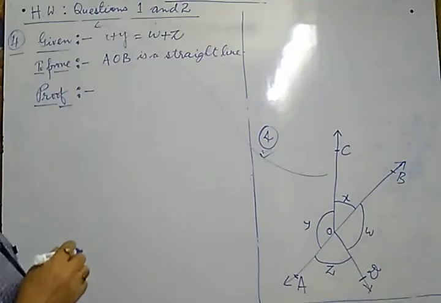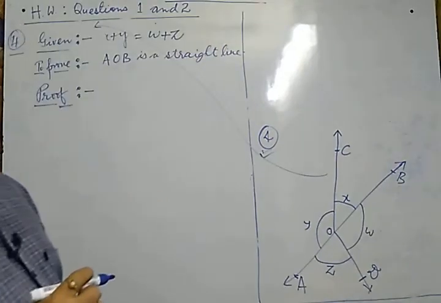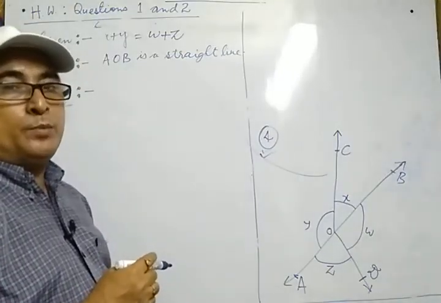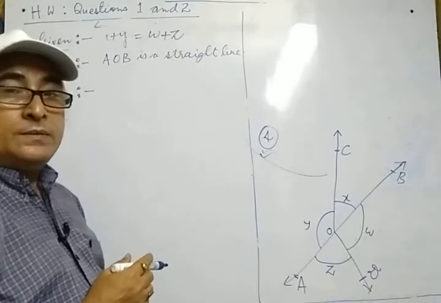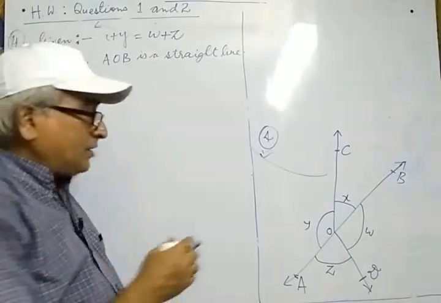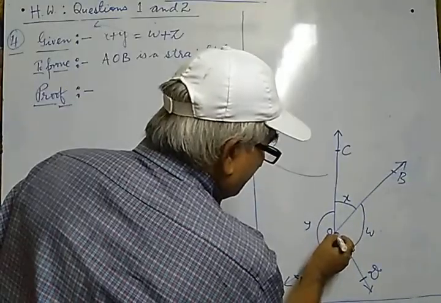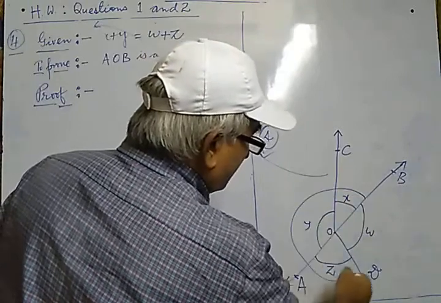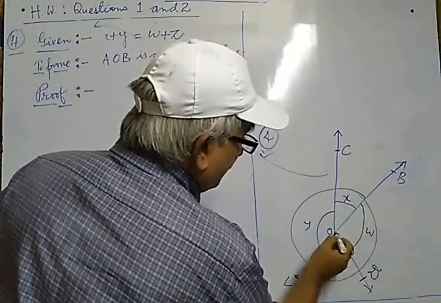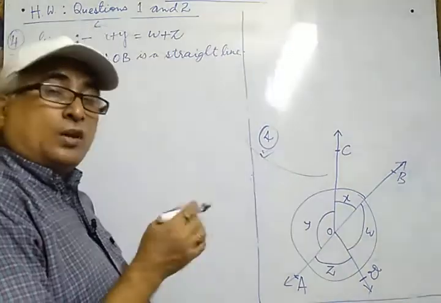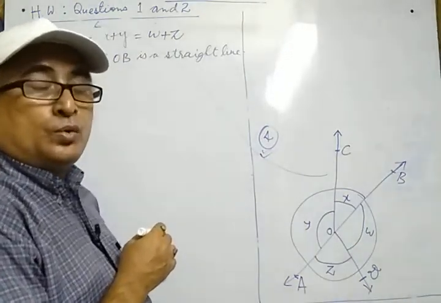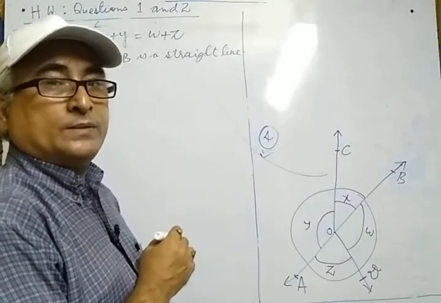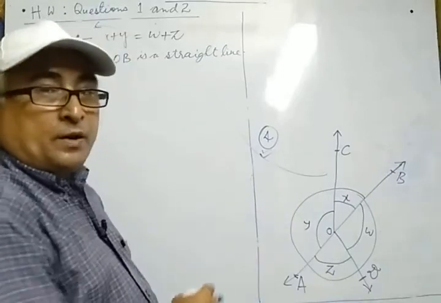This is the question. How to prove this? Now, you know the properties. Earlier we have studied different properties in the form of corollary. At a point, what will be the sum of total angles? Sum of all those angles will be equal to how many degrees? It will be 360. We have proved it in the form of corollary. So the same property will be applied here.